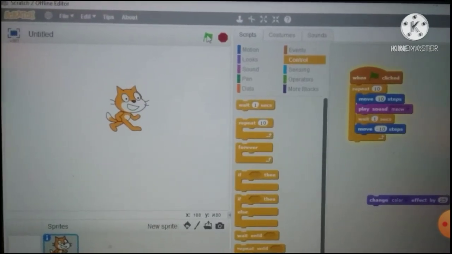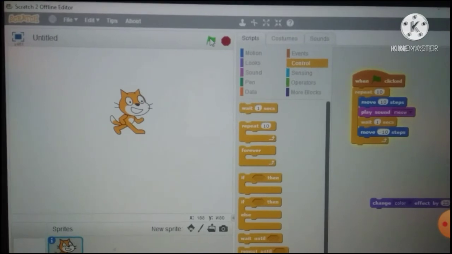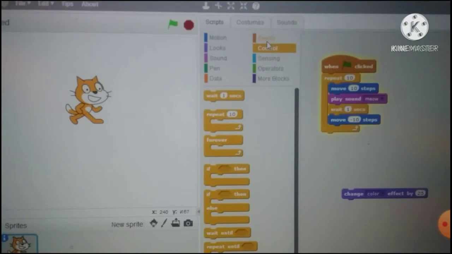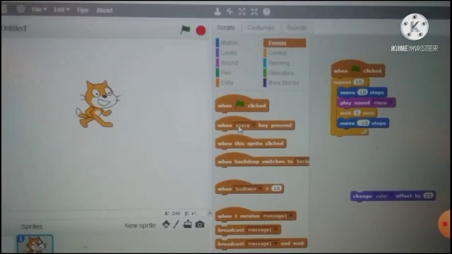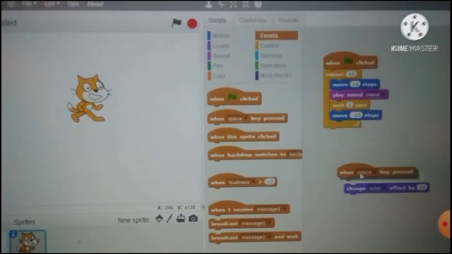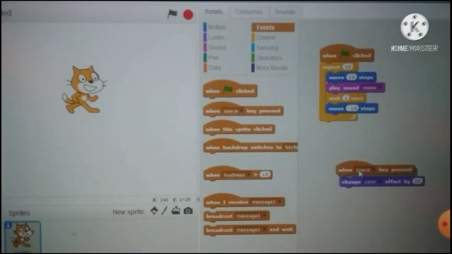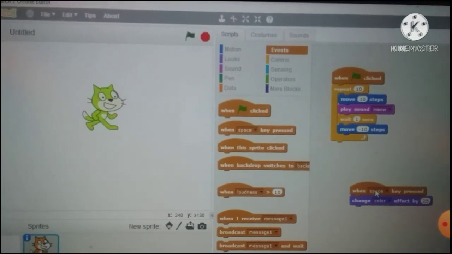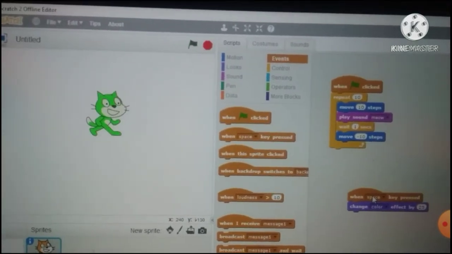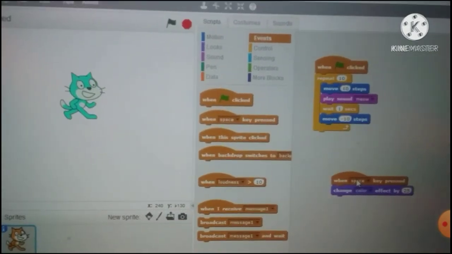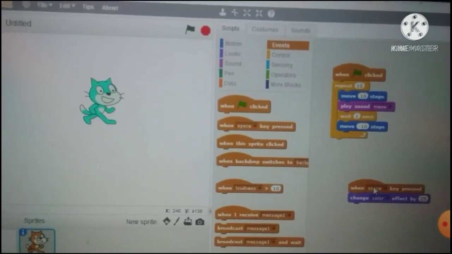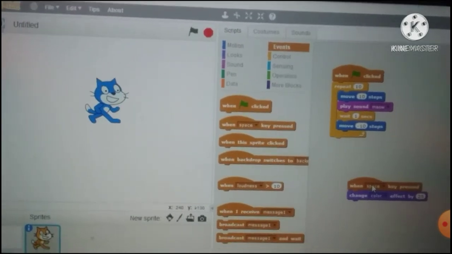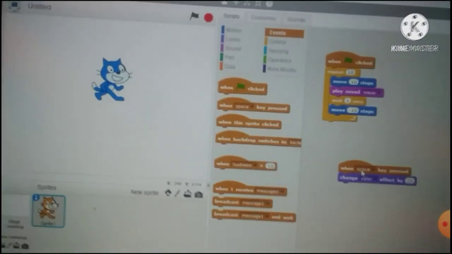See here, it's moving front back, right? Now let's again come to the events block, and here I'm selecting the space key pressed, like always using the green color. No, let's use the space key now. So whenever we click on the space key, the sprite color will change. See, now it is changed to green color. Now it is again changed. So this happens whenever you click either the space key on your keyboard or else on the space button, right? So by this we have created that.